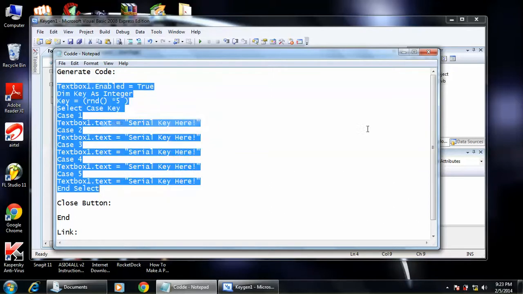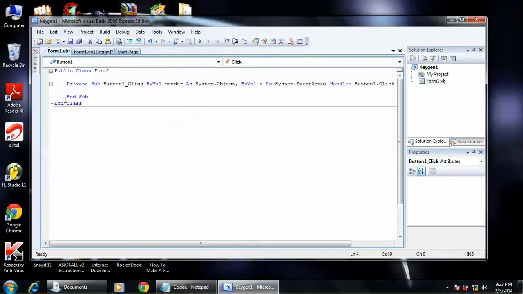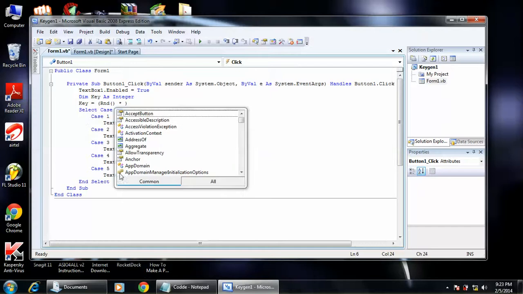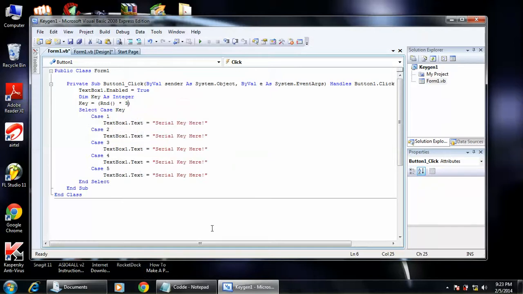For torrent uploaders, for example on Kickass torrents, just copy this code from the text file which I have provided in the folder. Here is a star followed by 5, so the 5 is for 5 serials. I'll just make it 3.